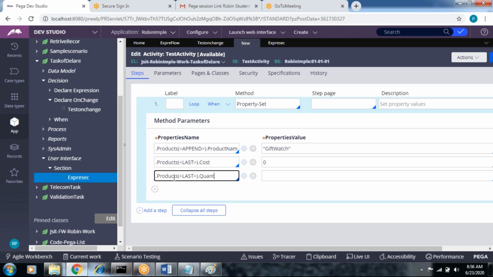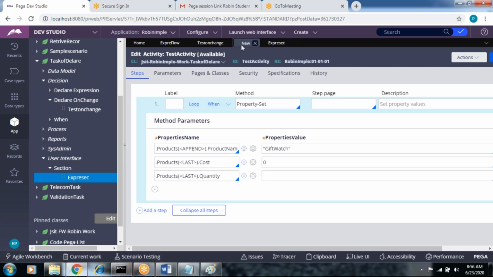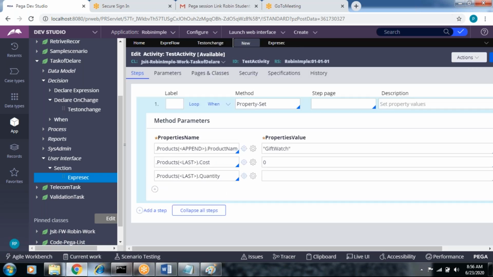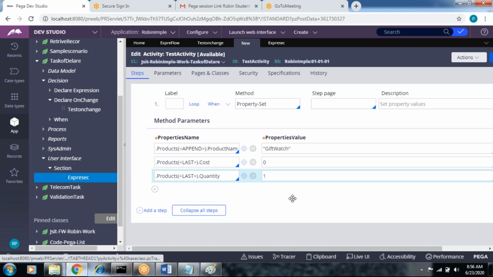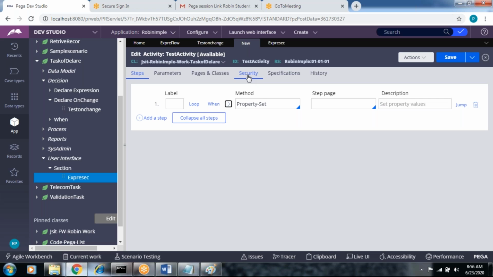We will not get a drop-down, so just type the quantity manually. Quantity is 1. Okay, this is fine. While applying to the unchanged rule, I told you, the activity type should always be unchanged.